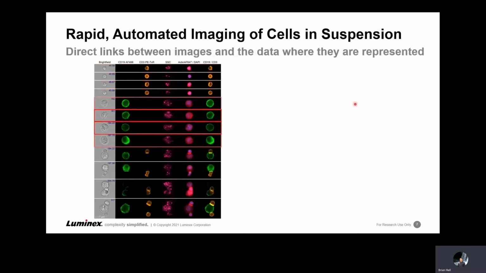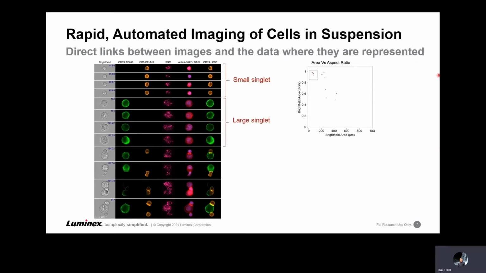So there's a direct link between the images and the data as they're represented with the dot plots and the histograms. If we look through an image gallery here, these images are randomly collected, but we have a region of small singlet cells that we would typically map to a dot plot. Here the singlet cells are in the upper left-hand corner. We also have large singlets, also mapping here, and we have conjugate cells that map to this lower aspect